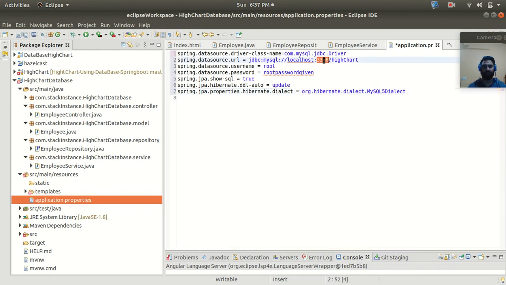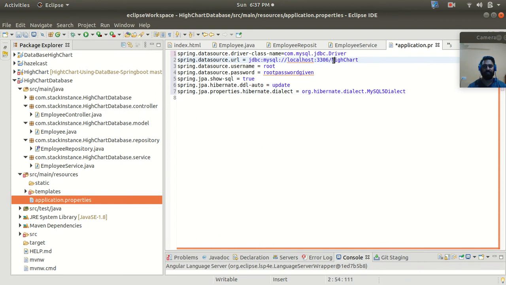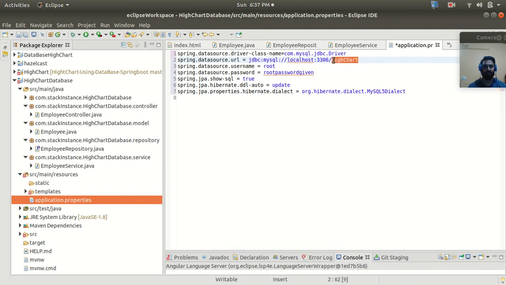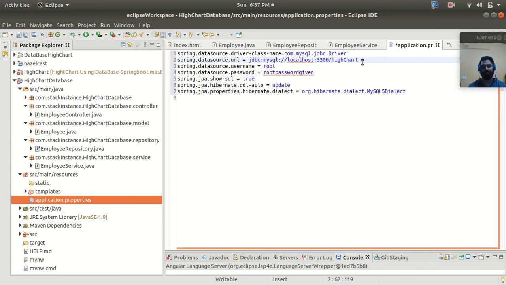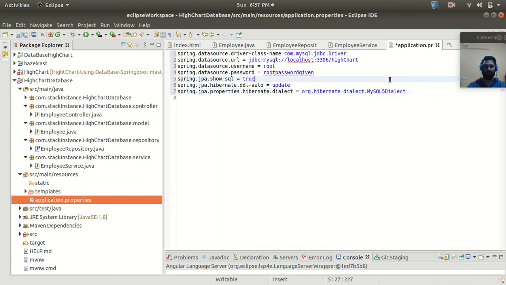So this is my default port number, and highchart is my schema name, right? So I need to create the schema in MySQL, and this is my username root and the password is this. So here the JPA show-sql I have set to true, and the ddl-auto as update, and the dialect I'm using this dialect, right? So here, I have added the configuration for my MySQL driver.